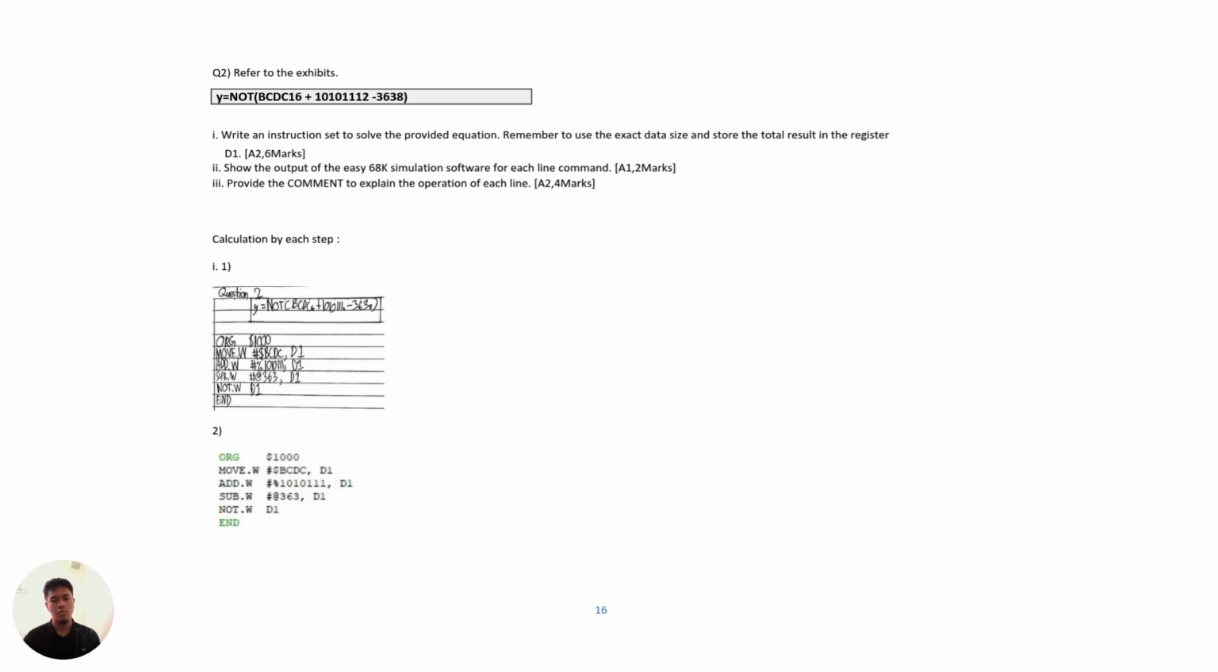Move it to data register D1 by word size, and after that, we're going to add the binary number 10101111 base 2 to the value in data register D1 by word size. After we get the answer, we're going to perform the subtraction operation of the value 363 base 8 from the latest value in data register